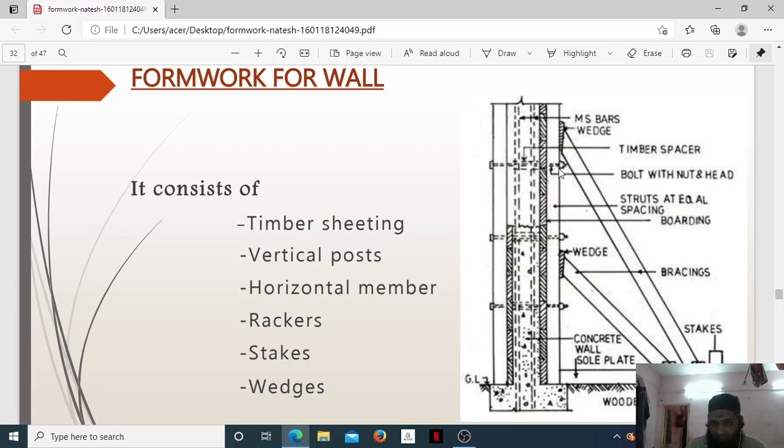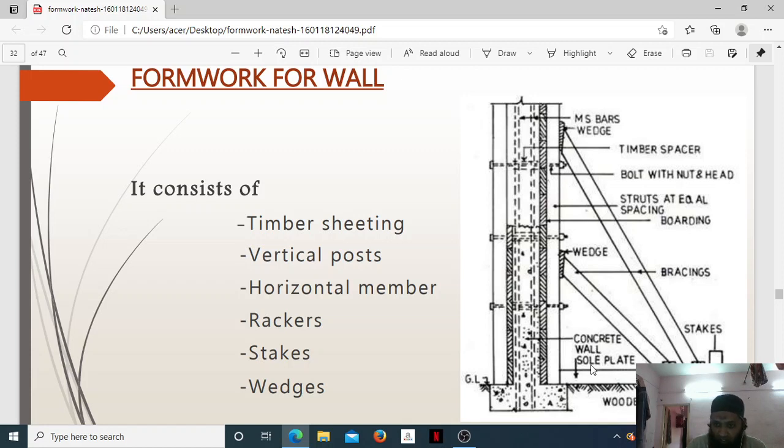It is tightened here with the nut and the bolt. And here there are the struts at equal spacing. We provide struts so that it gives support to this wall. You can see the boarding here. A wedge has been placed here, and these are the bracings to support this formwork which has been made for a wall. So this is the wedge here which gives the support, and these are the bracings here.